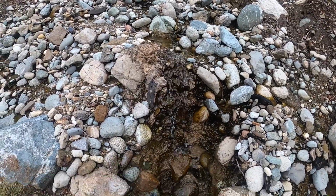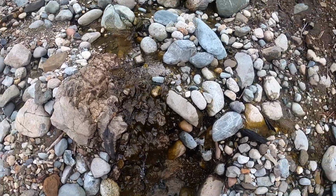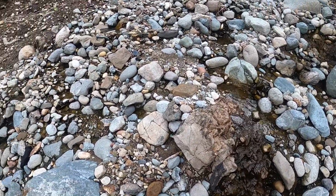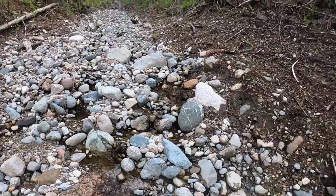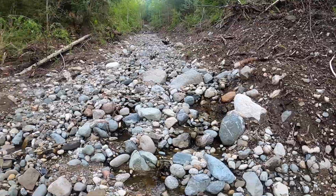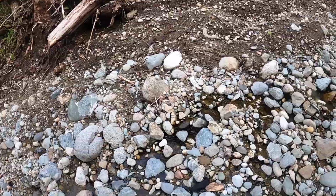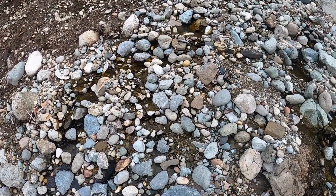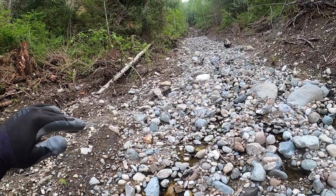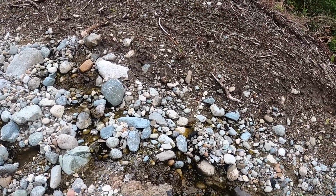And if you can imagine, it's going to be fairly consolidated and consistent material to a certain degree, but you've got these larger rocks, and so you're going to have areas that are more highly compacted than others, and areas where it may be less consolidated and water might be able to get through in some spaces. Again, it's not this perfectly flat plane of impervious surface. There's going to be some cracks and stuff in it,